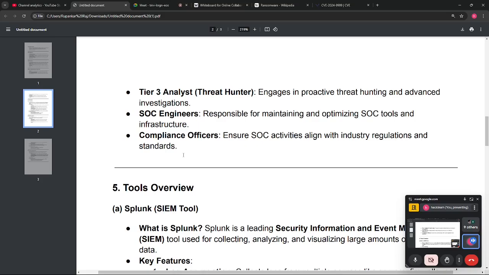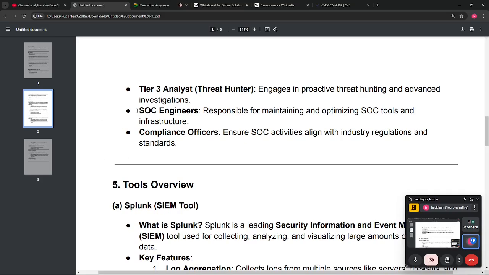So for all these purposes, you will be doing this for threat hunting. And after that, the main role is SOC engineer. As a SOC engineer, you are responsible for maintaining and optimizing the technical tools and infrastructure on which the SOC relies. Your key responsibility might be to regulate, update and optimize all the tools, like the SIEM tool, IDS, IPS, firewalls, endpoint detection tools. Your main task as a SOC engineer is to update all these.